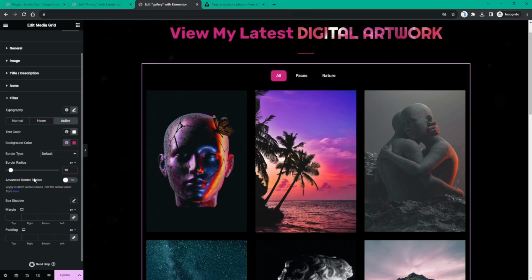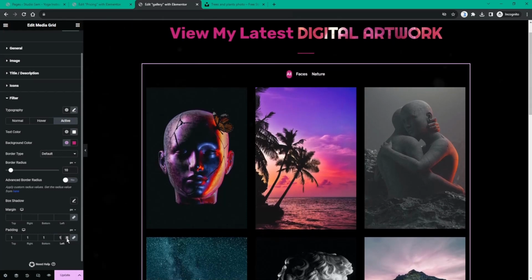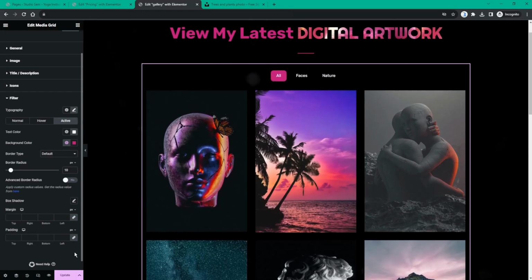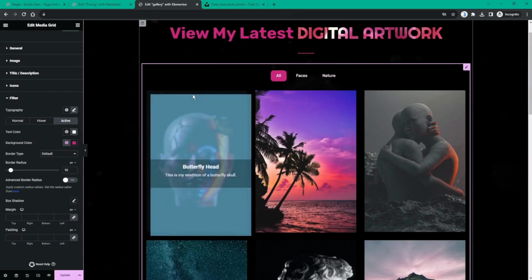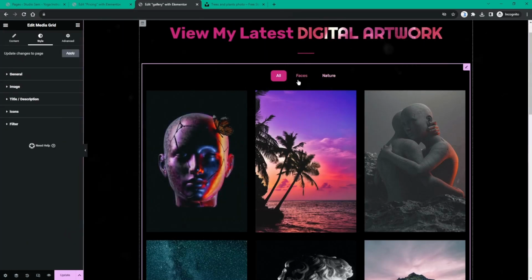And likewise for the margin and padding, we can play around if we wanted to start adding specific padding numbers, but I'm going to just hit Control Z a few more times, just to leave it like so. Perfect. So we have the filter section complete,